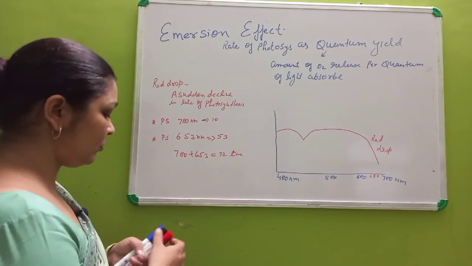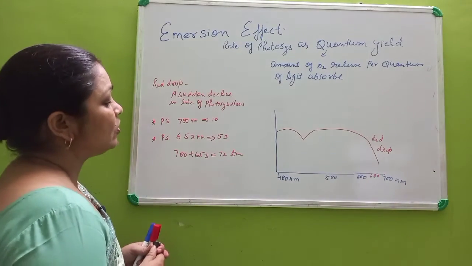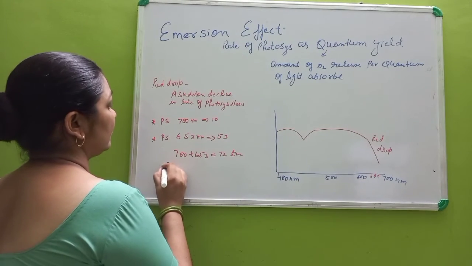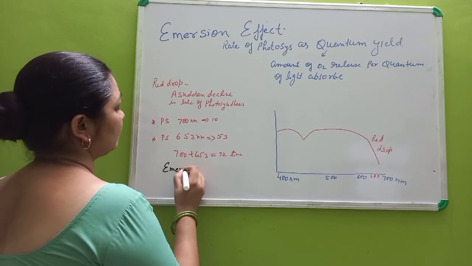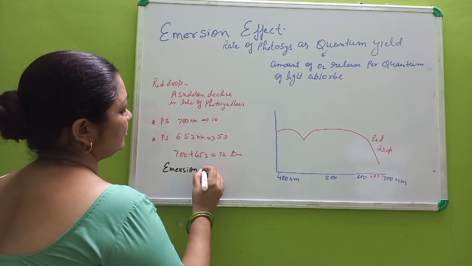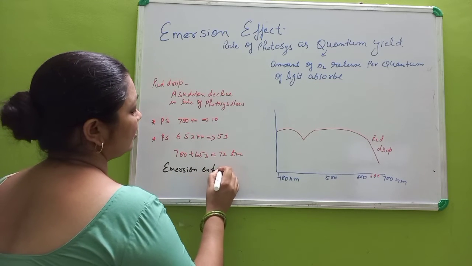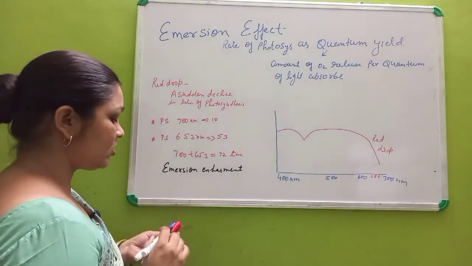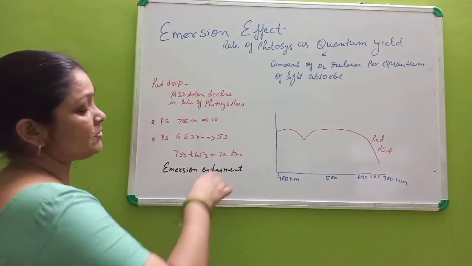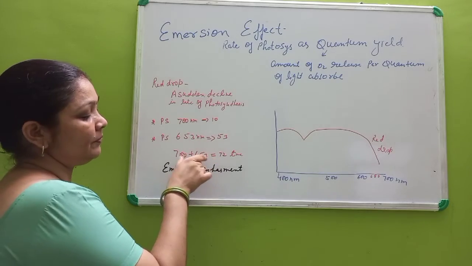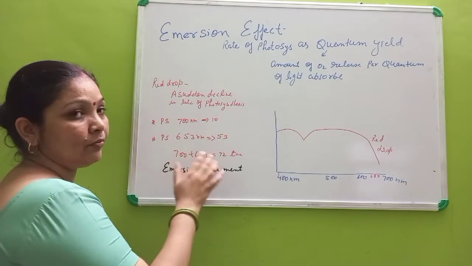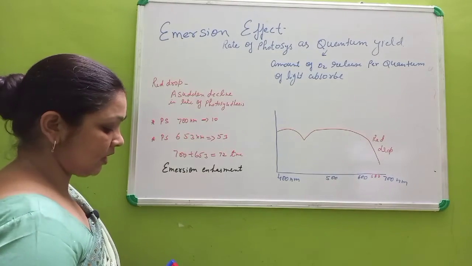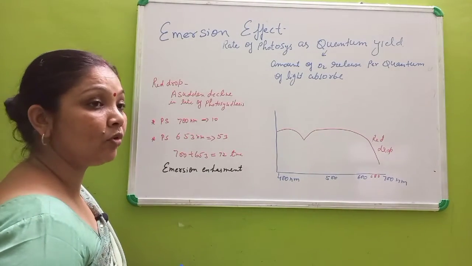Now children, when they concluded this, this effect is known as the Emerson enhancement effect or Emerson effect, because the rate of photosynthesis is much higher when they exposed the plant simultaneously at both wavelengths. Now from this same experiment, they concluded one more thing,